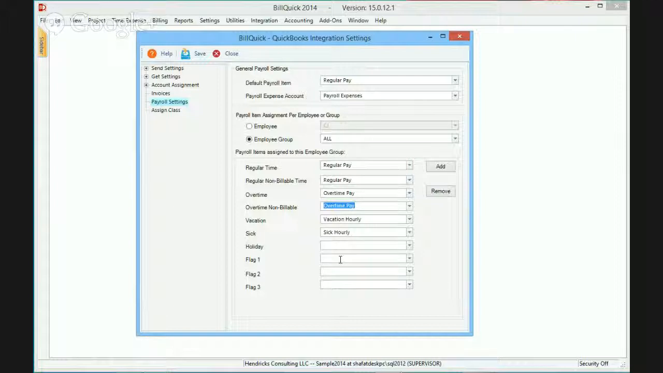And then if I had, remember those two flags that we talked about, the double overtime, I would want to map my flag 1 to double overtime. I could really do that easily here. And this is it. Then I'll click on add, and now what BillQuick has done is created a mapping between the BillQuick regular time and QuickBooks payroll items right here for you, without much hassle for all employees in a